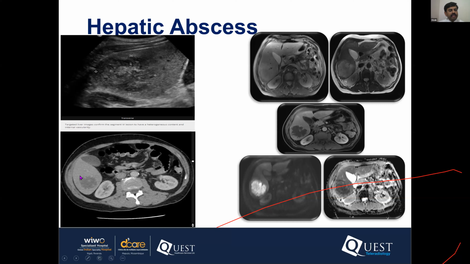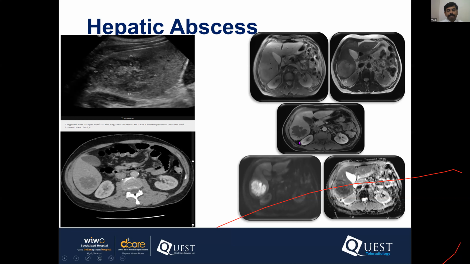So here what we see is the liver abscess on the CT scan. On the CT scan, the liver abscess is seen as a peripherally irregular, well circumscribed lesion with central non-enhancement. There might be peripheral edema in the surrounding liver. On MRI scan again, we see similar findings of a well circumscribed T2 hyperintense centrally occupied lesion and then peripheral